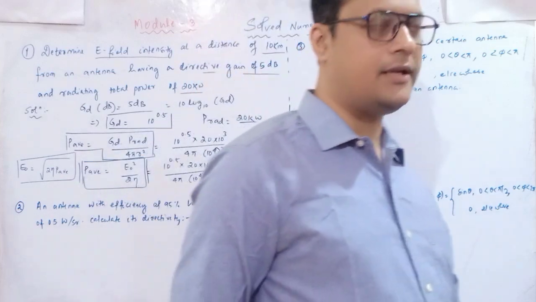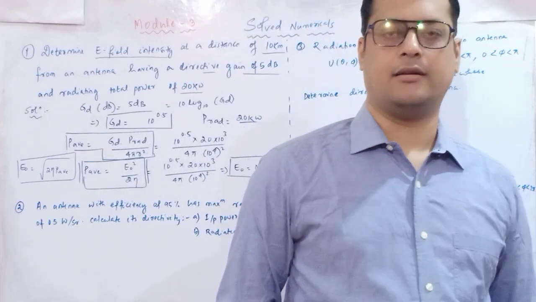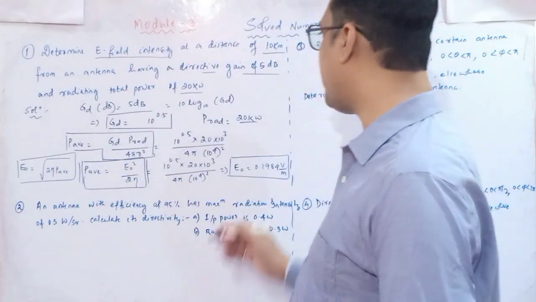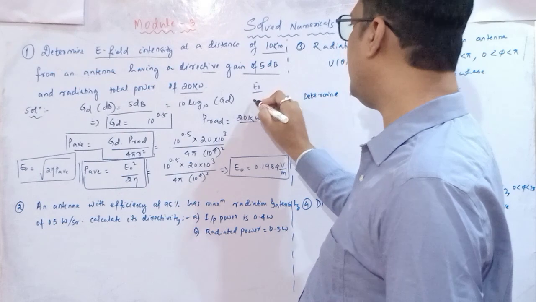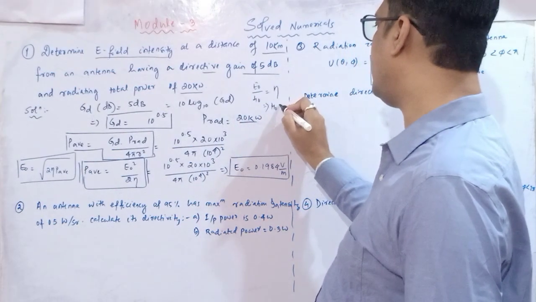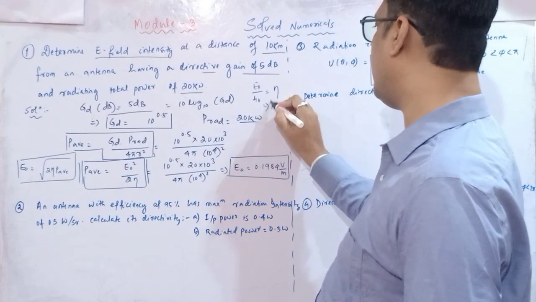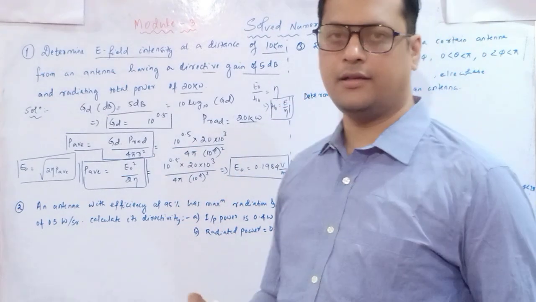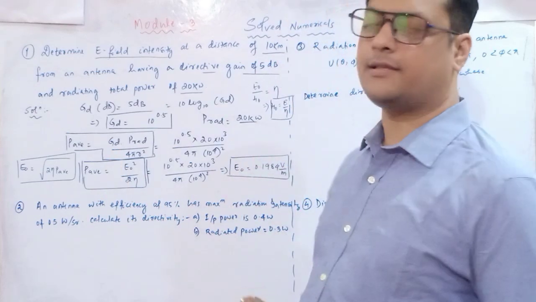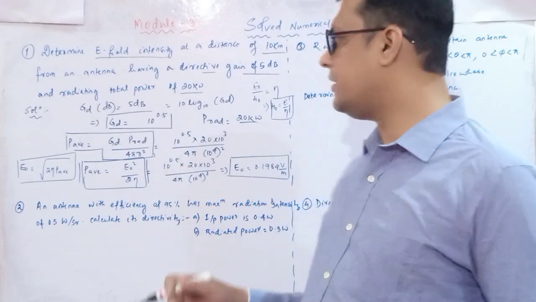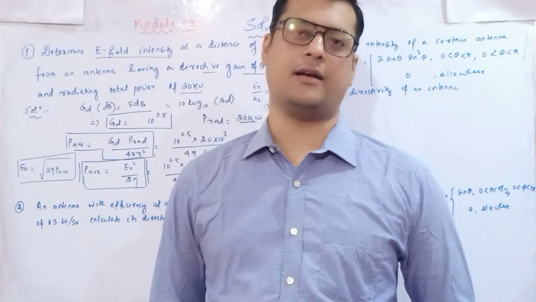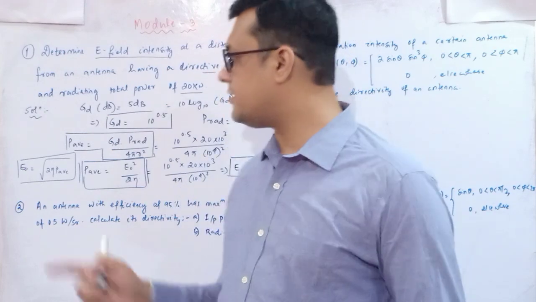If the electric field intensity is known, and a question is asked about the magnetic field intensity, the thing is that you have to use E naught divided by H naught is equal to eta, or H naught is equal to E by eta. So this is the simple relation. Eta is 120 pi. Substitute here the electric field strength divided by 120 pi, and you will get your magnetic field strength. These are the possibilities of questions that may be asked in your exam. So this is one question.